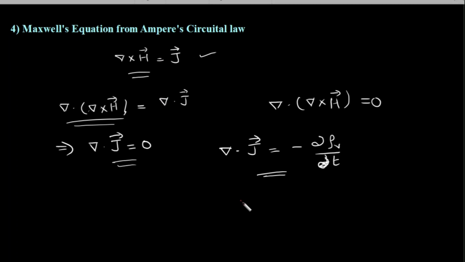That sounds interesting, right? And that sounds very meaningful. So this curl of H equal to j is only true for steady magnetic field. I am really sorry for that. I cannot apply this point form of Ampere circuital law in time varying field. So it is necessary. Maxwell felt it is necessary to have a generalized form of Ampere circuital law which can be applied in both the fields, in static field as well as dynamic field, in steady field as well as time varying field.